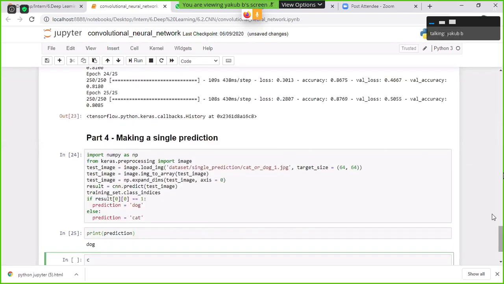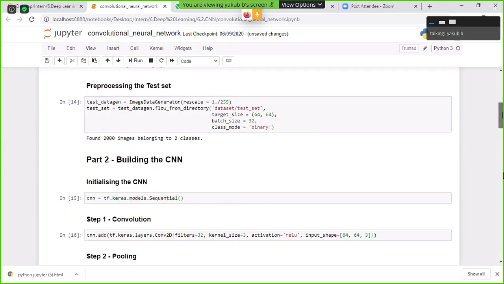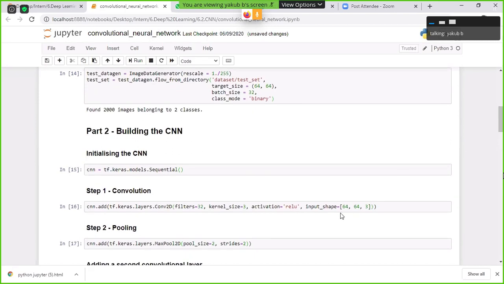What is the size of the input image I am specifying? If you are using TensorFlow at the backend, here is the syntax to specify the input image: initially we specify height, width, and next the number of channels. Whereas if you use Theano at the backend, the syntax will be different. In place of TensorFlow, we need to specify 3, 64, 64. In Theano, initially we specify the number of channels, and after that the input image size.